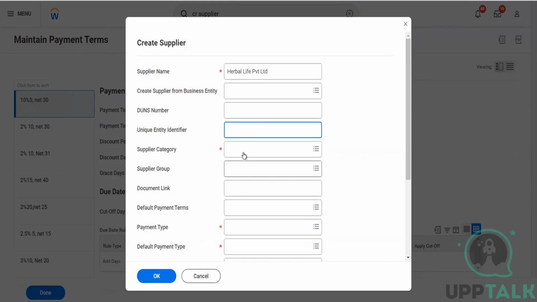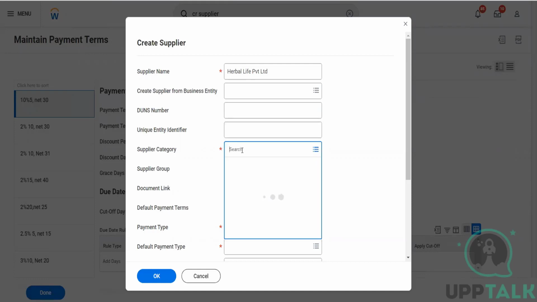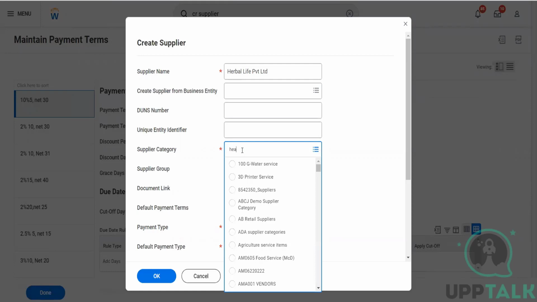And as I said, you can have only one category here. So I'll just type health here. Wherever you see this radio button or circle button in the prompt, this is what we call a prompt. Wherever you see this round button, it means you can select only one value in that prompt. In this field section, you can only select one value. So if I just say health and I press enter,